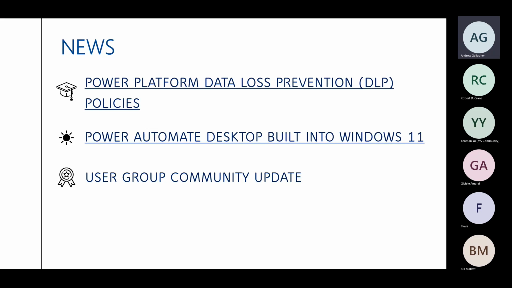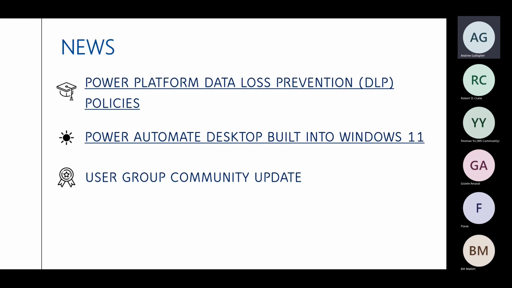Now, what in the Power Platform do the DLP policies affect? Pretty much, they affect two things. One is our Power Apps, Canvas apps, and our Power Automate flows. And Microsoft do this with three classifications. There's a business classification, a non-business classification, and a blocked classification.